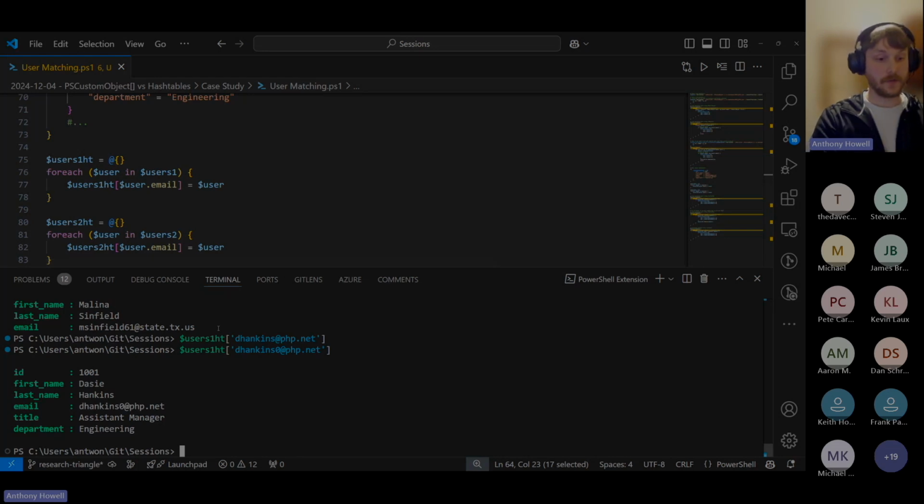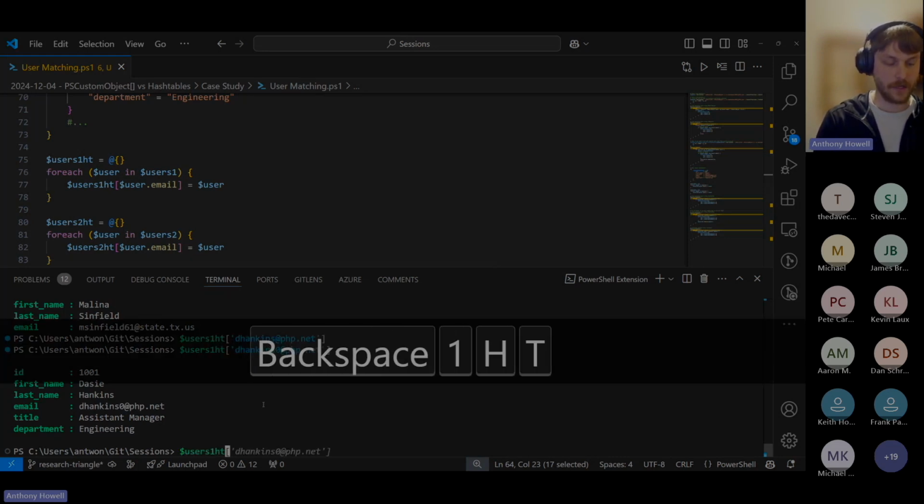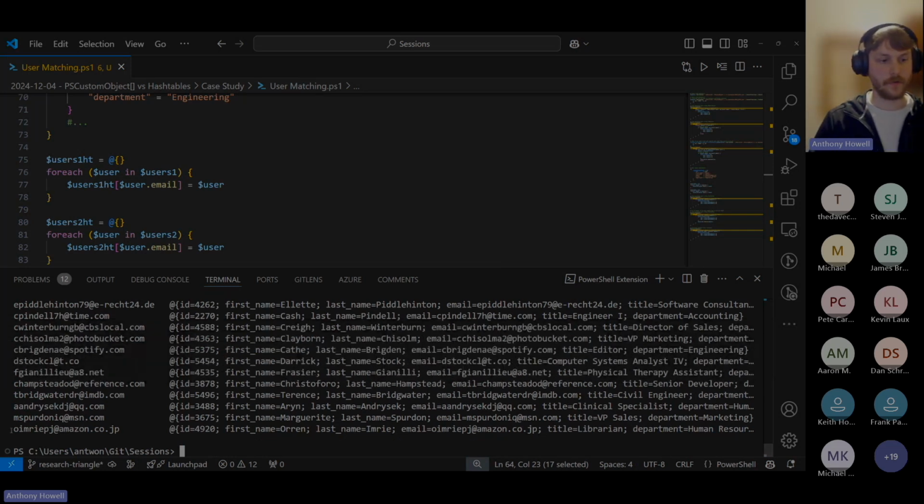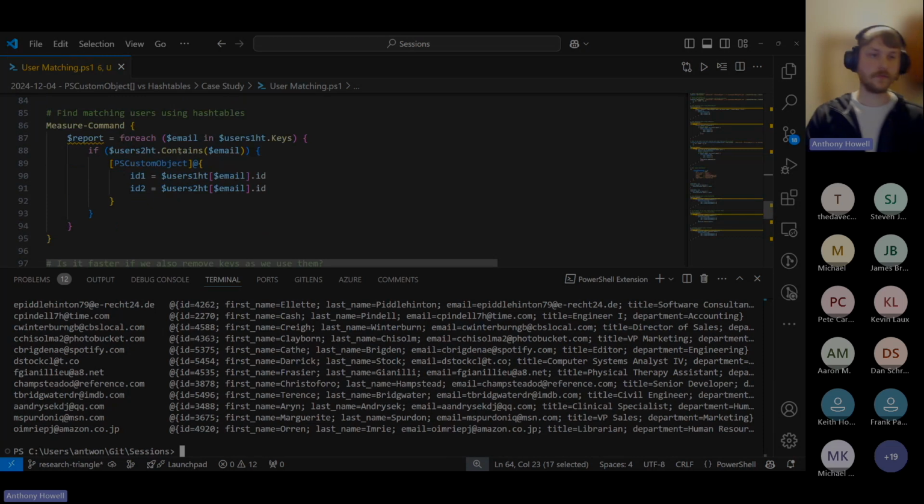So the user does exist, and it's using the email address as the key. So we go users HT or users one HT. We get this huge hash table where the key is the email address and the value is the actual user object. And I'm doing this so that I can do this very simple